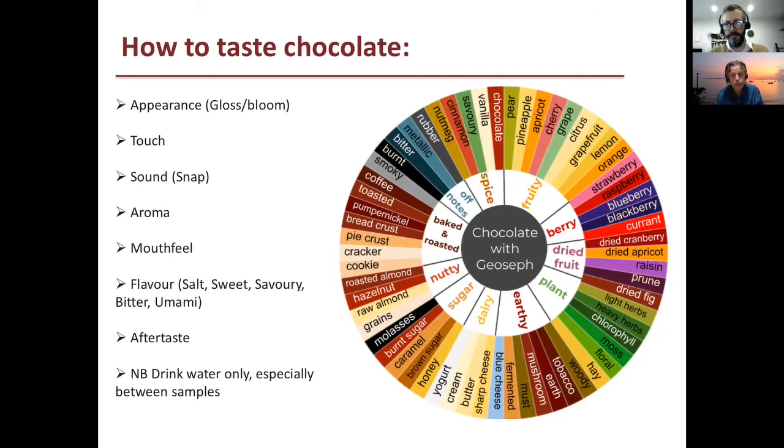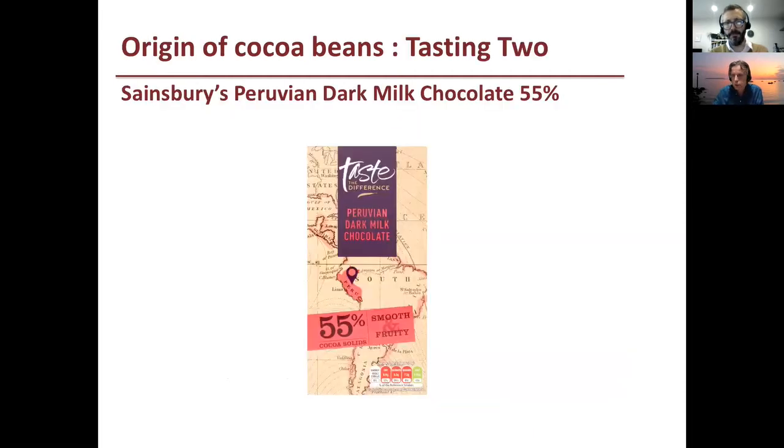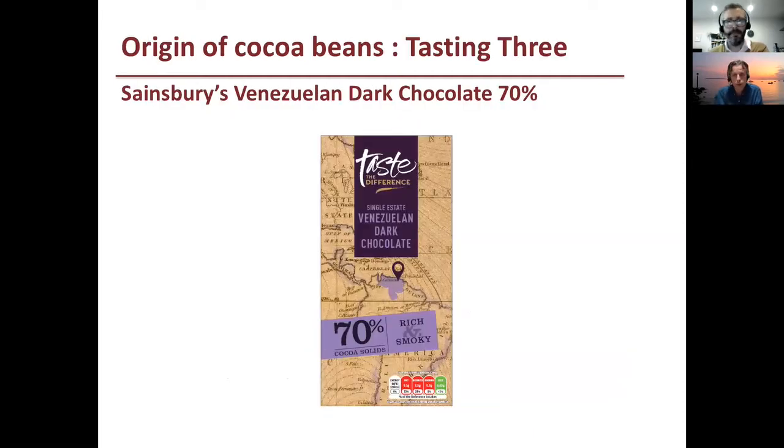A lot of people in the industry think that these dark milks are going to be a category that grows and grows as people get more and more interested in higher cocoa solids products. We've seen higher cocoa solids in dark chocolate. It's now beginning to emerge in milk as well. So next up is the first of our pure dark chocolates, and this is going to be a 70% dark chocolate from Venezuela.